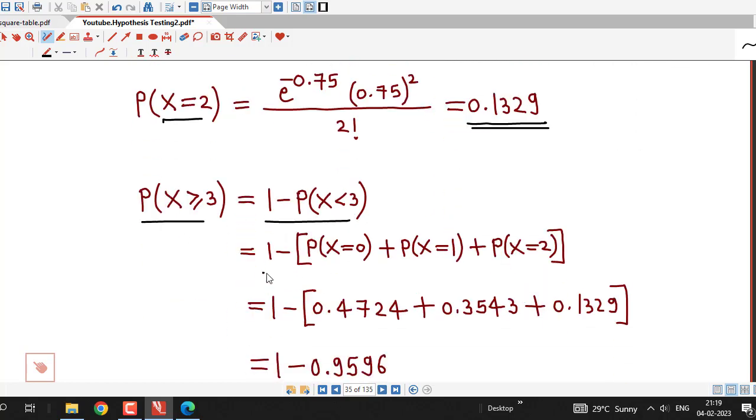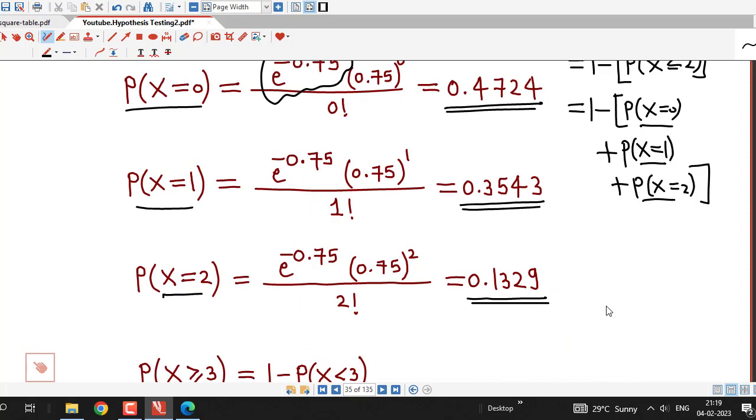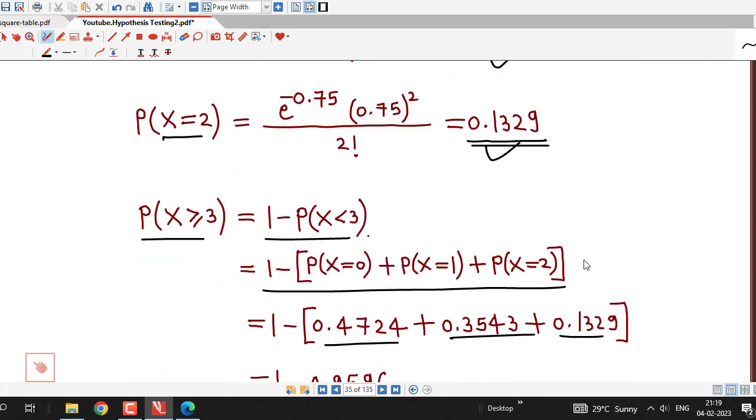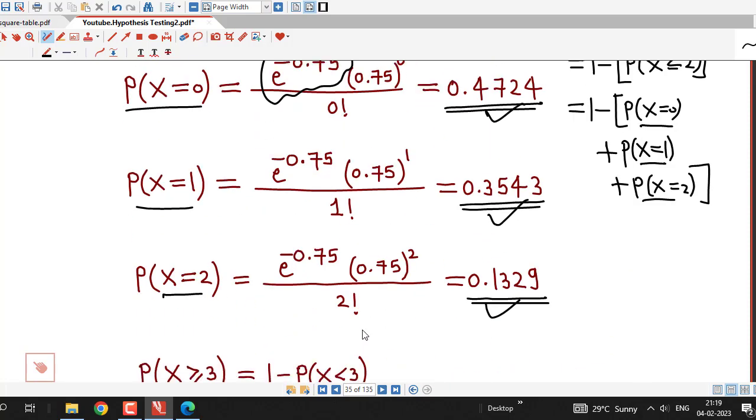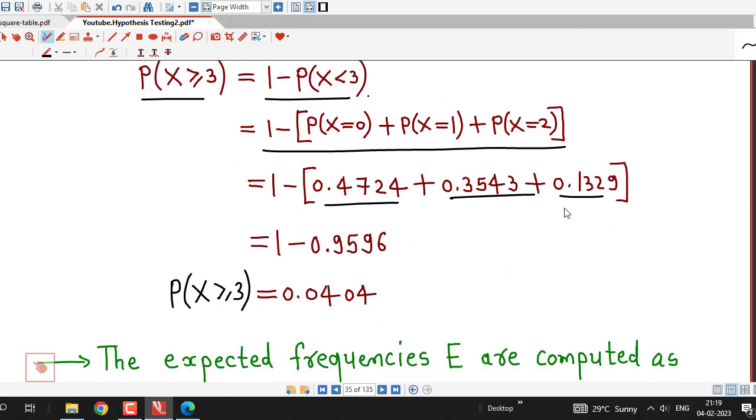So this is what I just explained. I substitute all these values here, which I have calculated using that probability mass function formula, and I find that the probability that capital X is 3 or more is 0.0404. Now once we have all these probabilities, we can find out the expected frequencies corresponding to all these possible